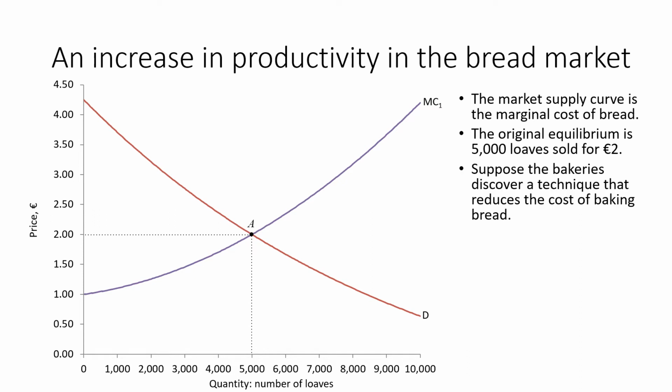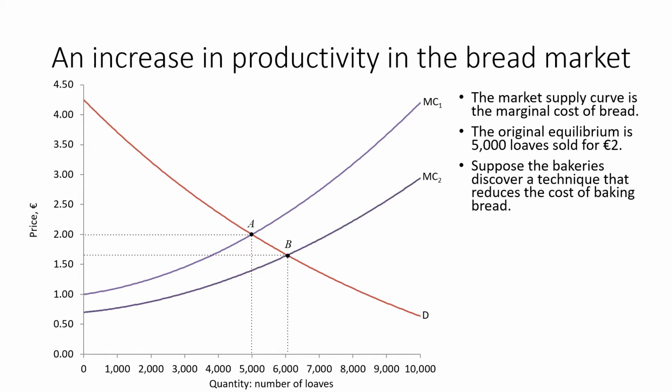Suppose the bakeries discover a technique that reduces the cost of baking bread. What's that going to do? Well, that would shift down the marginal cost of producing bread. Now, instead of costing €1 to produce the first loaf, it might cost just 70 euro cents to produce the first loaf, and so on. So you can see the marginal cost is now lower for every given number of loaves. So this lowers the marginal cost curve. Or you could think of it as shifting out the supply curve. Remember, the marginal cost curve is the supply curve,